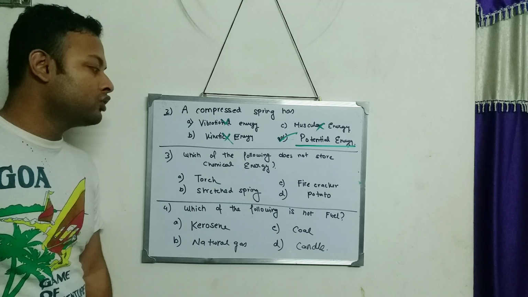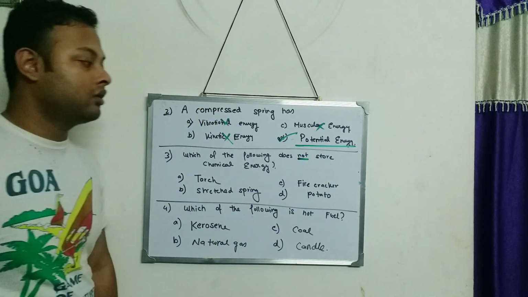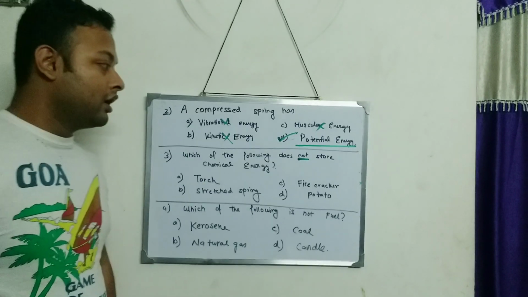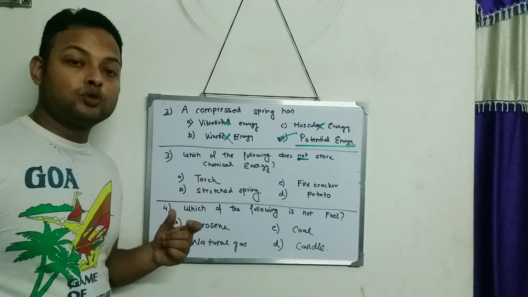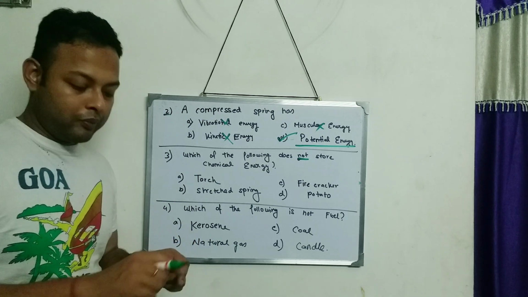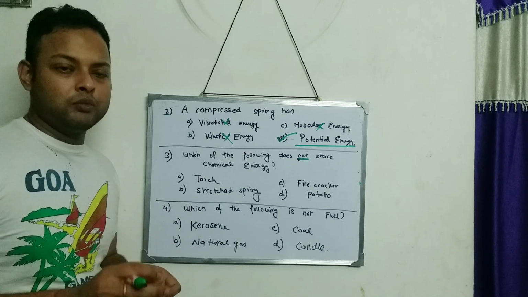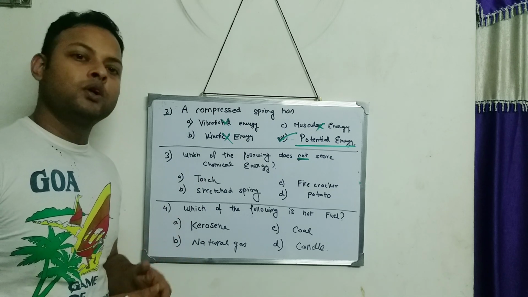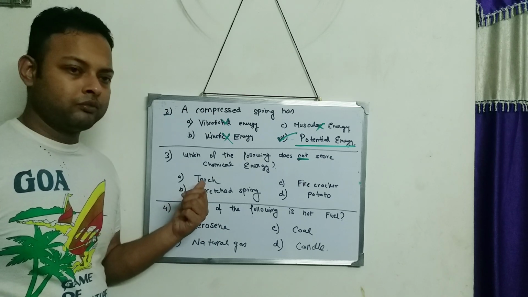Which of the following does not store chemical energy? Does not. Very important. So let's come over here. Does a torch store chemical energy? Yes. The batteries of a torch have chemicals inside them. If you open a battery, you will find certain chemicals. By a chemical process, chemical energy gets converted into electrical energy and the torch lights. So yes, a torch has chemical energy, so this is not my answer